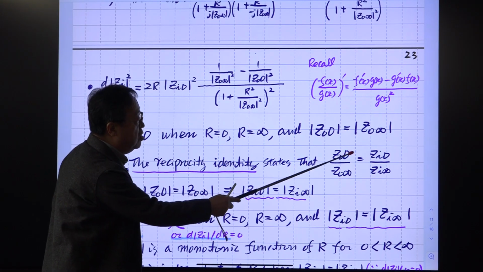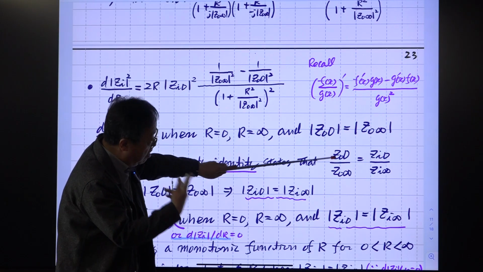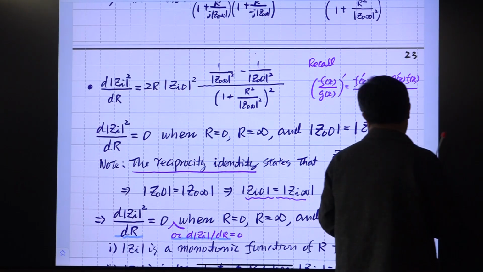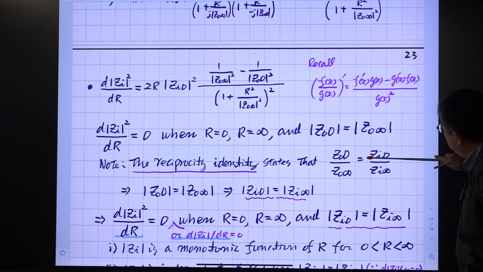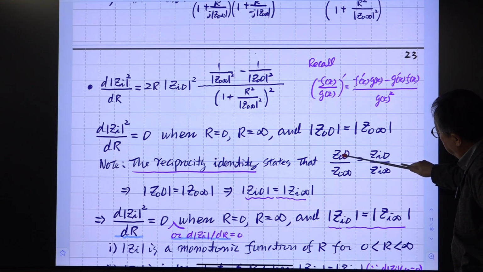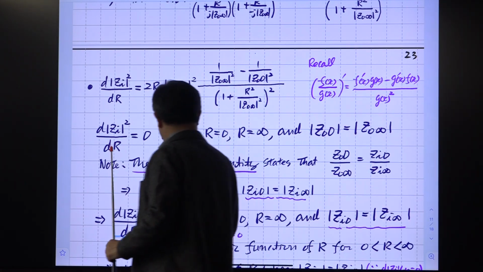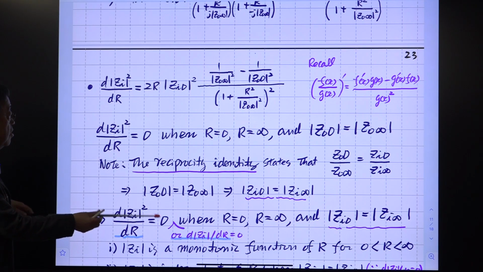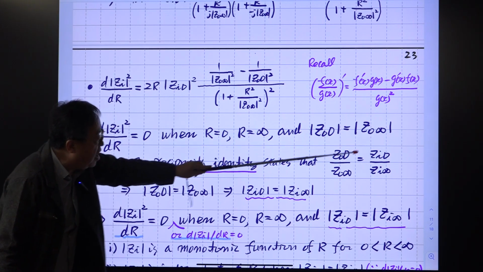Output is shorted, output is opened. The ratio between these two magnitudes is the same as the ratio of this one, which is the relationship between input impedances, evaluated at 2 extreme conditions. One is this output shorted, output open. Okay, I think I made a mistake. This is evaluated with input shorted, input opened. Okay. So this is the symmetry or duality. So with this condition, we have this identity, which is the same as this one.